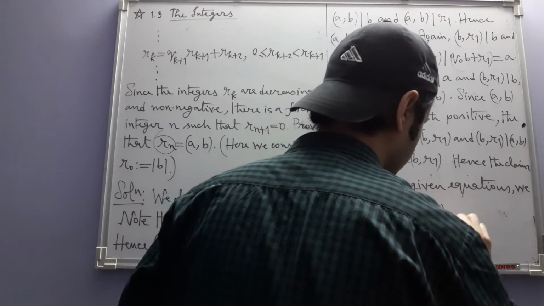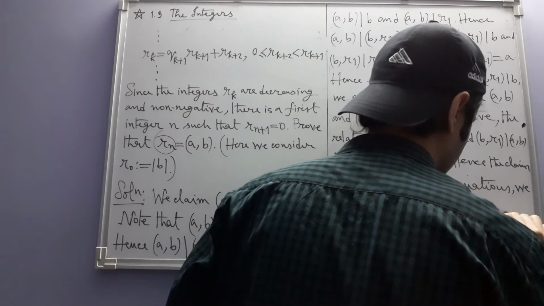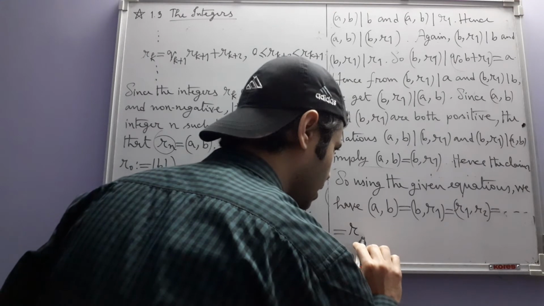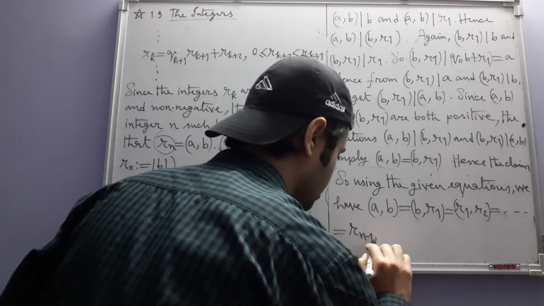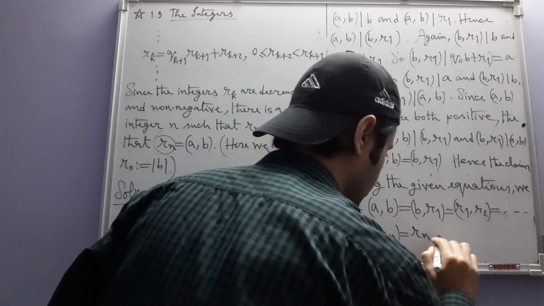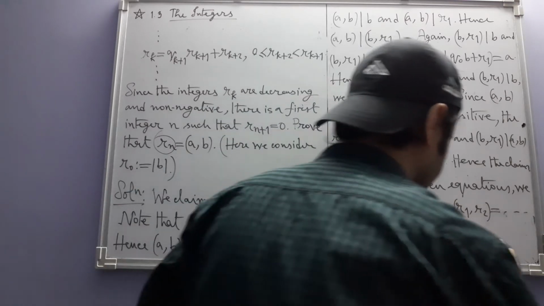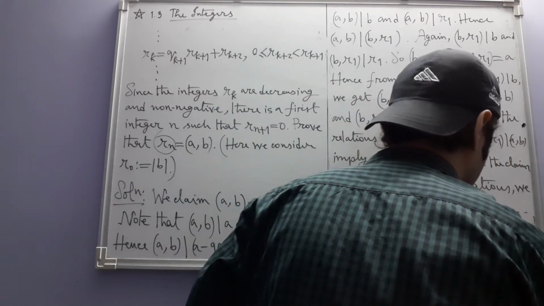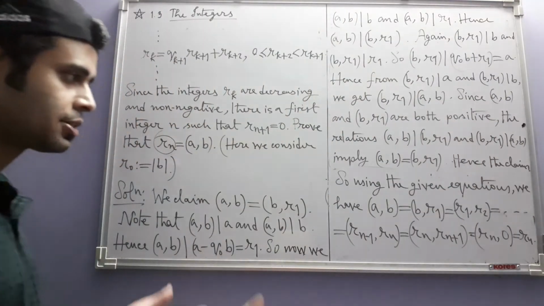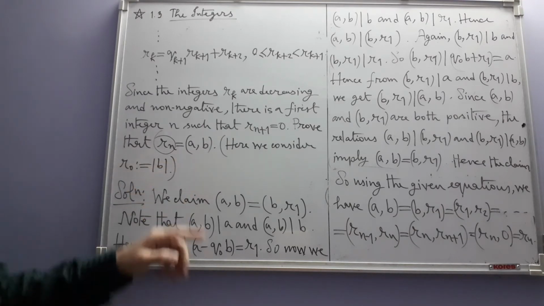GCD of B comma R1 is equal to GCD of R1 comma R2, and it goes like this. Then we have Rn minus 1 comma Rn, which is equal to Rn comma Rn plus 1. That is nothing but Rn comma 0. So this is equal to Rn, and that's what we have to show. Rn is equal to GCD of A comma B. So this completes the